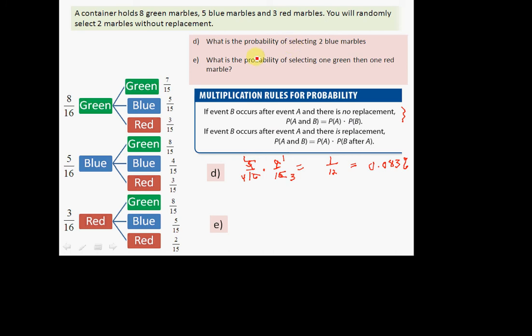selecting two blue marbles. So what's the probability of selecting one green and then one red marble? So the only way you can do that, right, is where we have green first, because that's what we're saying. So it's here and then one red right here. So it's going to be 8/16 times 3/15. Just reduce. This reduces to 1/2. This reduces to 1/3. That's equal to 1/6, and that's equal to 0.16,